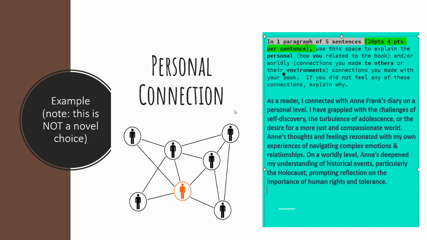For an example for slide 4, you can see that I talked about, as the reader, what I connected with. So I talked about the challenges of self-discovery, of adolescence, and the desire for a more compassionate world. And then on a worldly level, I talked about understanding the historical events, particularly the Holocaust, which really prompted a reflection on the importance of human rights for me. So again, these are examples from a novel that was not on our list,